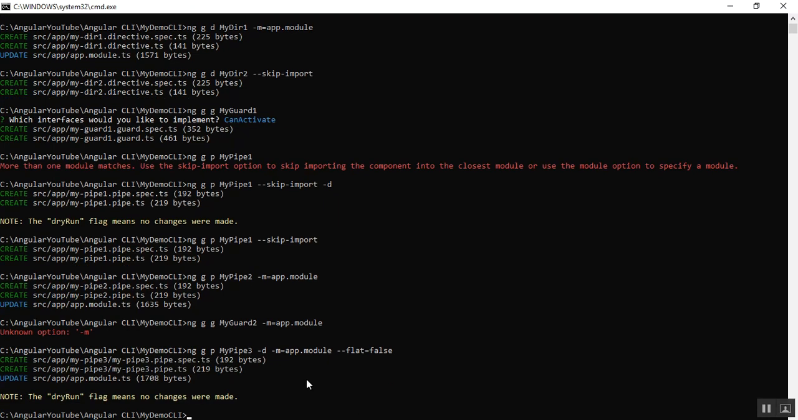So guys, you can see here, flat false means it creates its own folder. It is not putting the pipe-related contents directly inside the app folder by default. Instead, it creates its own folder, that is my-pipe3. So inside my-pipe3, the pipe-related spec file and ts file are generated. So this is the meaning of that flat option. All right,